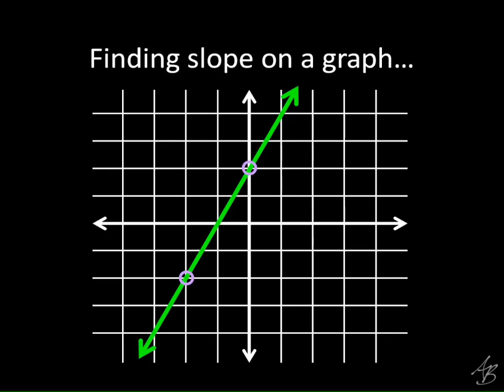So the first thing we're going to do is pick 2 points on the line. Now, I picked 2 points on this line already. I want to show you. So when we're finding slope on a graph, on a coordinate plane, we want to pick points that are easy to work with. And the points that are going to be easy to work with are these points here, like this one, and there's a couple more here. Here's another one here that would have been a good choice. There's another one right here, and another one here that would have been a good choice. Those are all called lattice points. I'm going to use that term from time to time.